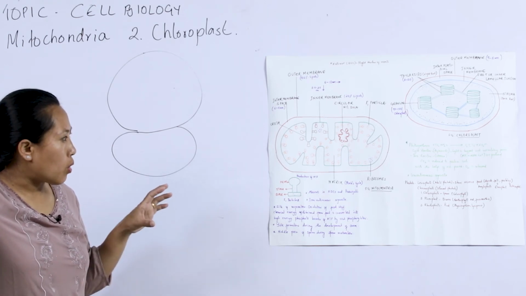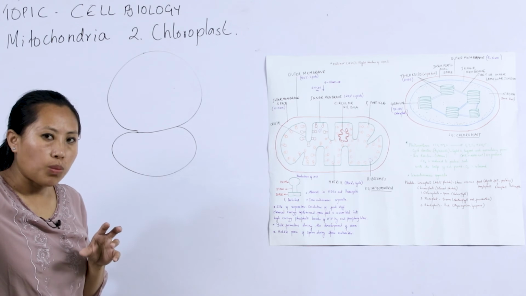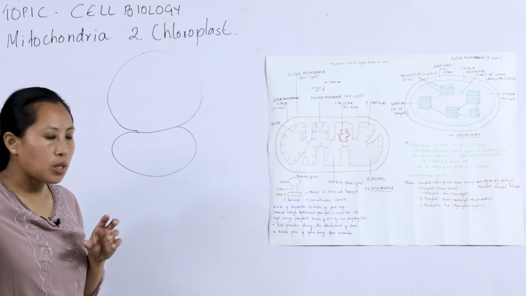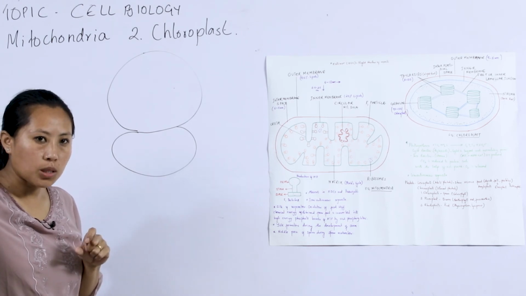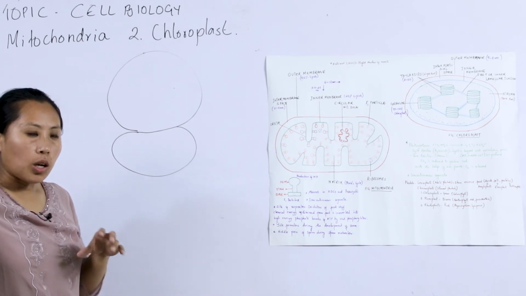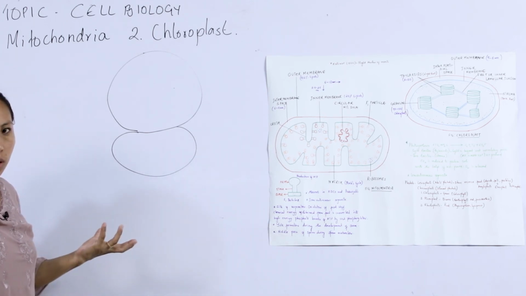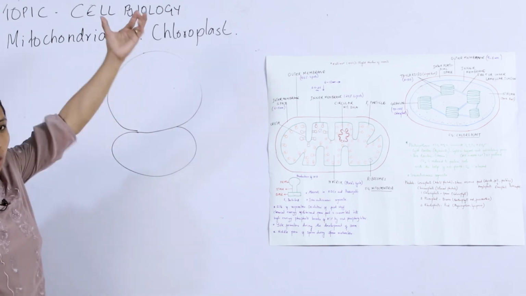When ribosomes are attached to the endoplasmic reticulum, that type of endoplasmic reticulum is known as rough endoplasmic reticulum. In all types of cells, each ribosome consists of